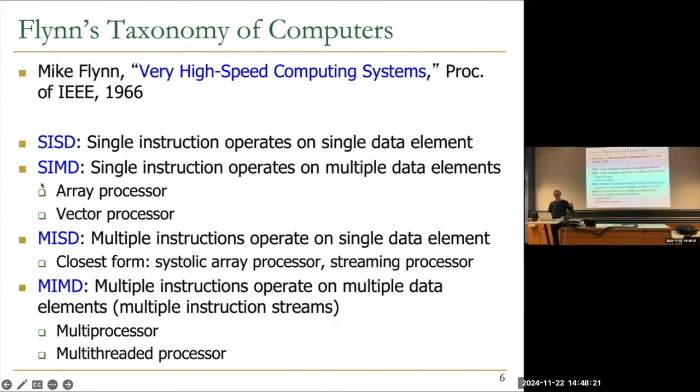SIMD is where you still have a single instruction, but it operates on multiple data elements. Now, in this case, a single instruction specifies a lot of work. Basically, you do the same operation on many data elements. This is essentially array processing or vector processing, as we have seen in DDCA. But you also have SIMD instructions in existing ISAs like x86, etc. But this is a way of designing the computer. You can combine these ways also. And we're going to briefly discuss that.